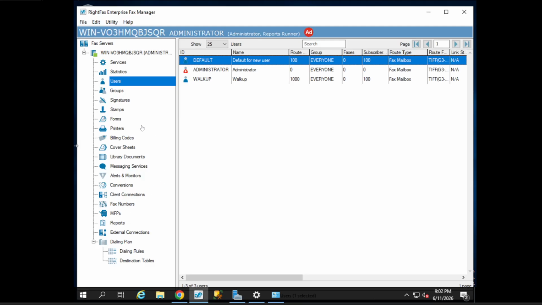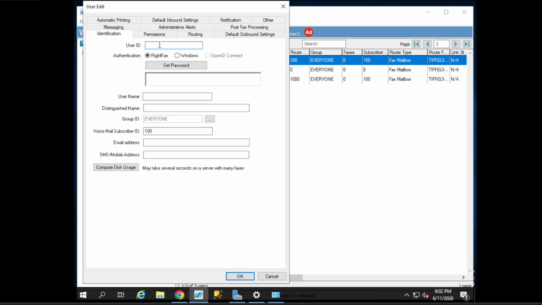In RightFax, you can create users to send and receive faxes in your environment. To do so, all you have to do is go to the users tab and hit new. Then you're going to need two things to create a user, which is the user ID and the username. Every other configuration is whatever you prefer, but the user ID and the username are defaults that you need to